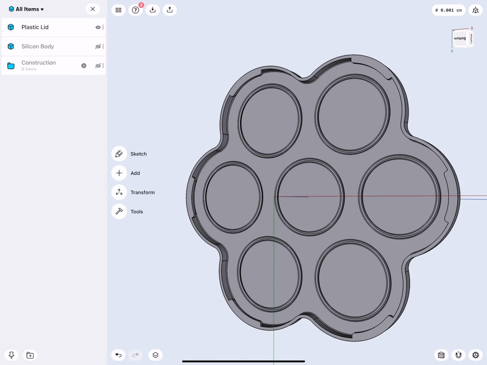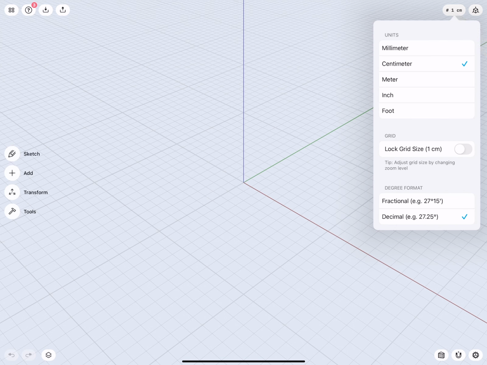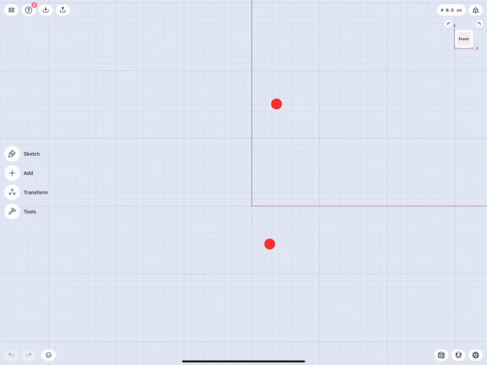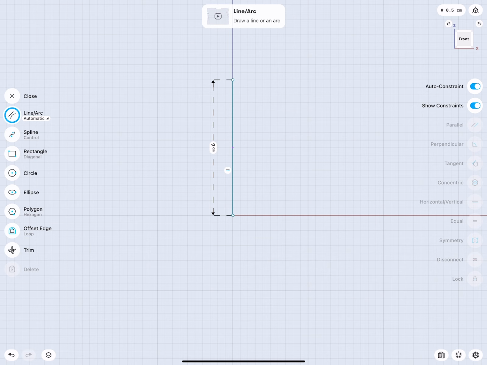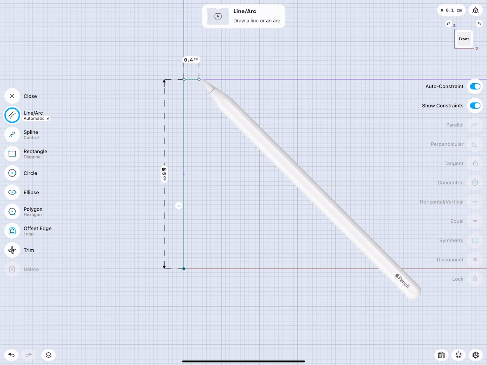So with all this said, let's get started with a new scene. Our unit system is set to centimeters and all our snap elements are turned on. We will go to the front view and center our scene, and we will start putting down a basic sketch for these cup-like shapes. To do this, we just draw a vertical line here. Lock the point so it doesn't move. I have auto constraint turned on, so this line has a vertical constraint, and we will set this to 5 centimeters. Two fingers pinch. Let's zoom in a little bit more.